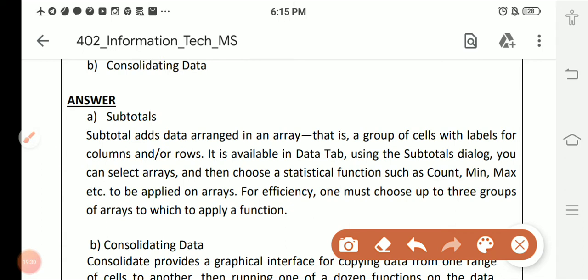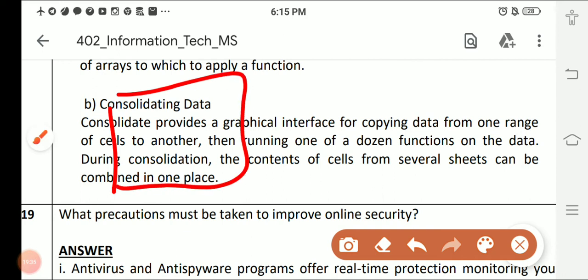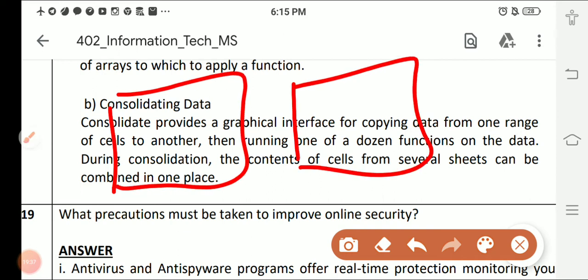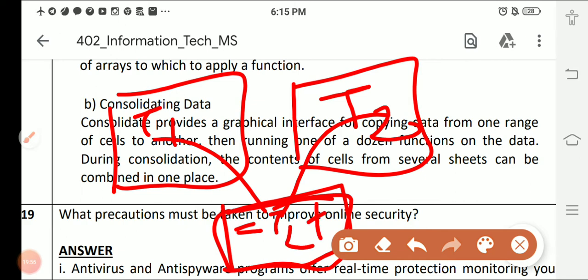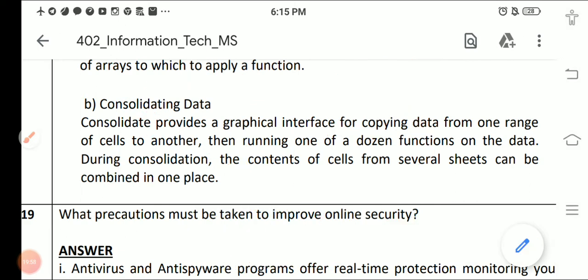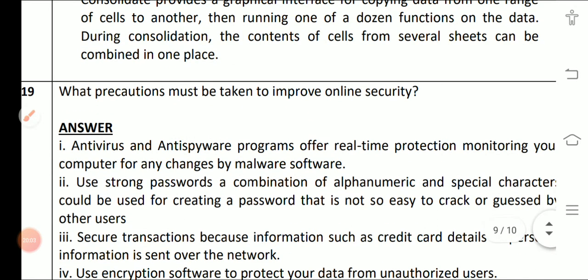Next is your consolidating function. Consolidating क्या होता है, that I am placing your data in sheet 1, your term 1 marks, your term 2 marks. Now I want to calculate your consolidate data. ठीक है. I am replacing your consolidated data means I want data from this sheet also, from this sheet also, and in this sheet here I am calculating your result. I want total marks, term 1 marks plus term 2 marks. So this thing is possible with the help of consolidating function. Okay, this one is consolidating data. I am taking data from different tables, from different sheets.